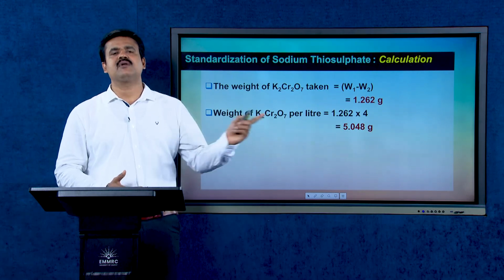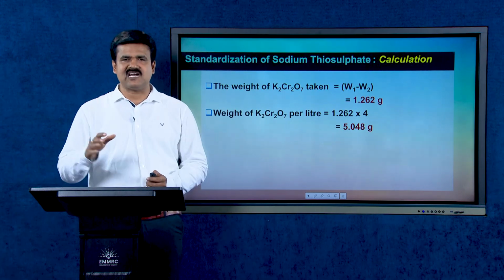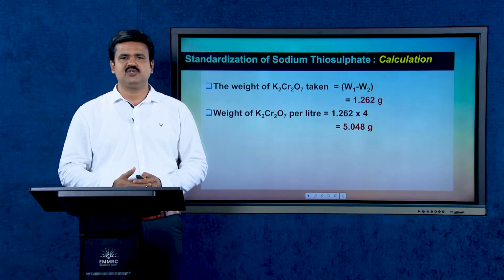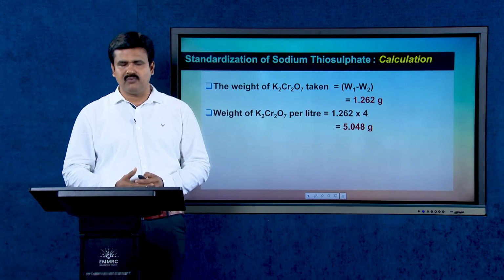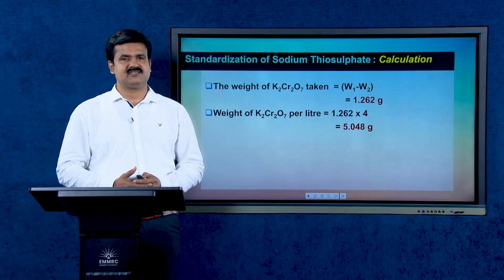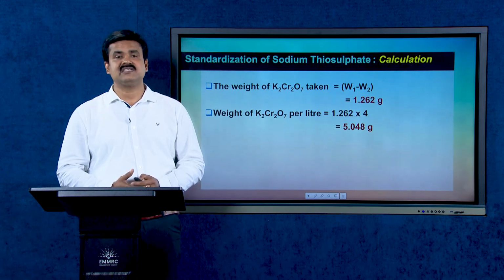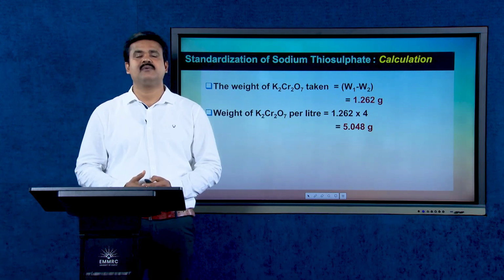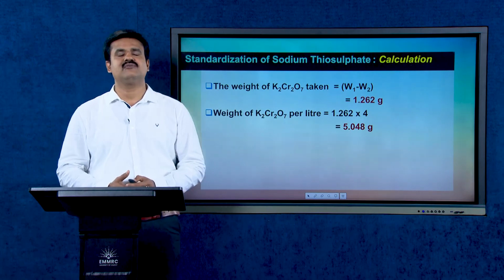Here you are multiplying with 4 because you are transferring 1.262 gram of potassium dichromate into a 250 ml standard flask. So, the mass per liter is equal to 1.262 multiplied with 4, that is equal to